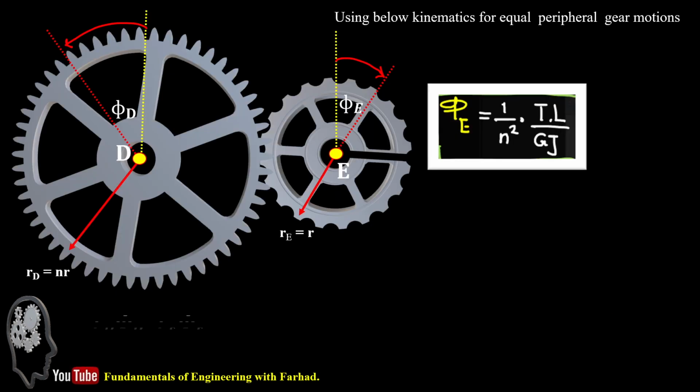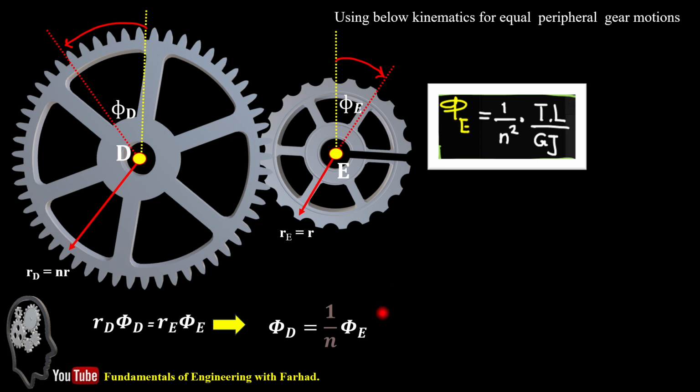So based off the kinematic of equal peripheral gear motion at D, we do know this arc is equal to this one due to kinematic of peripheral motion, and that's R_d phi_d is equal to R_e phi_e, and that gives us phi_d is equal to 1 over n times phi_e. We already calculated phi_e in the previous part, that's 1 over n squared times TL over